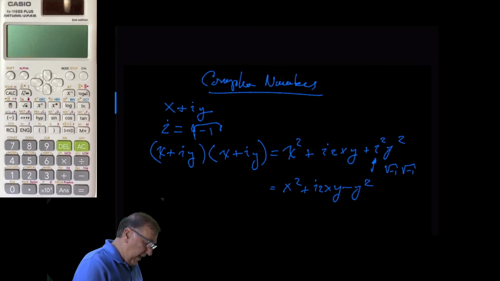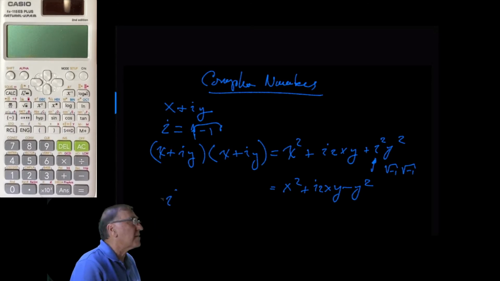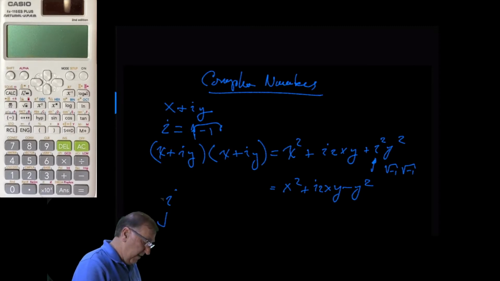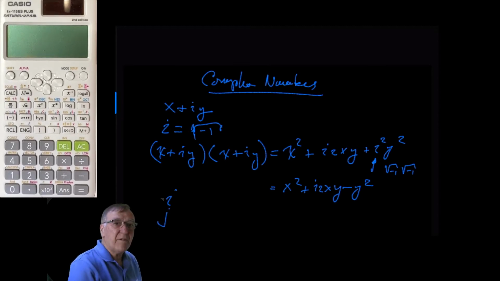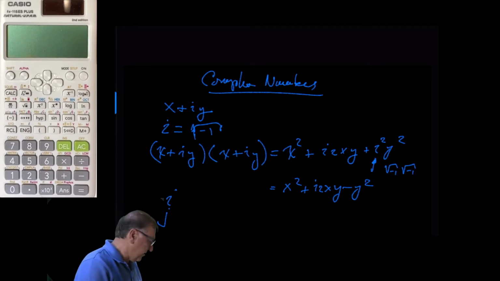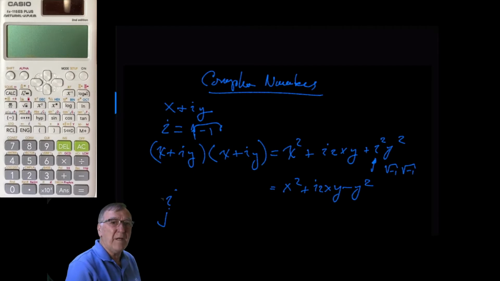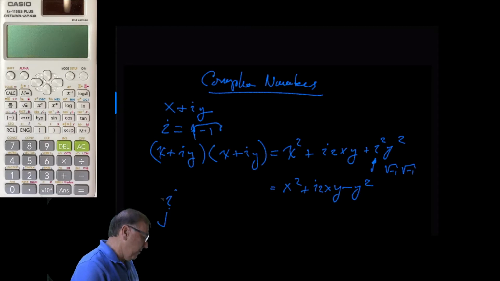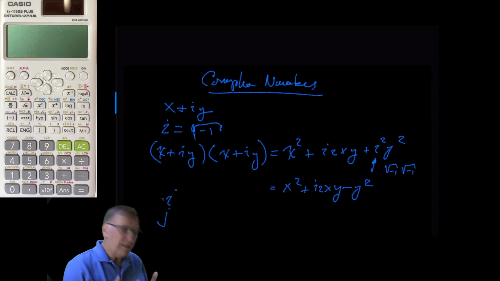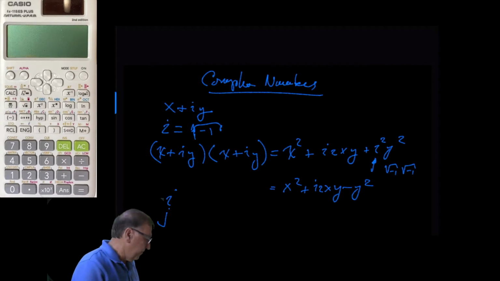So i, which stands for imaginary, is used in mathematics. j is the same thing, but for whatever reason is used in electrical engineering. So the two are completely interchangeable. They both mean imaginary, and it means the square root of minus 1. In electrical engineering we always use the j, and you can then express